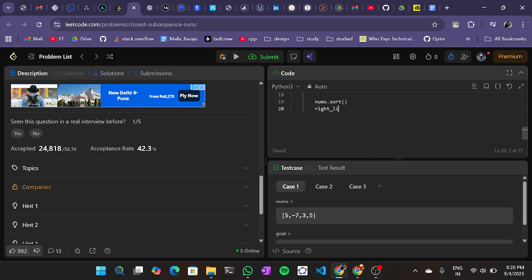Right list, left list, and the center will be, let's take it as mid, length of